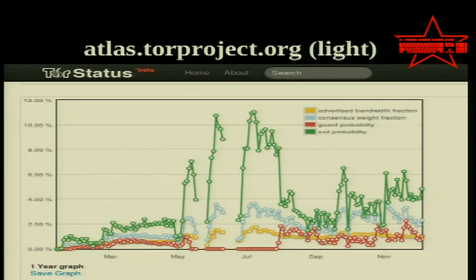And part of our challenge from the research side, and we'd love to have some help here, is what's the balance between if we start cutting off the really small relays, do we harm our diversity much? Not really. Do we improve our performance because the chance of picking a really slow relay goes away? On the top end, maybe we should be using these fast relays less so that we improve our anonymity, but then we're not making use of the capacity that's being volunteered, so there are a lot of trade-offs that we'll have to do in a different talk.